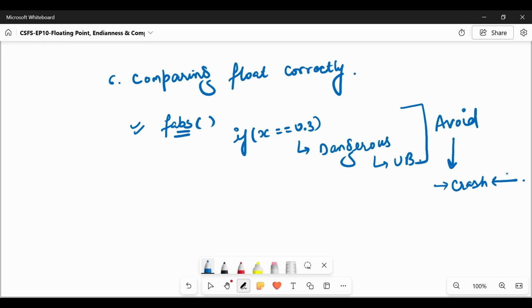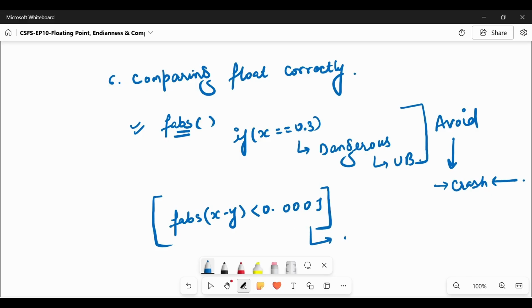And floating point exceptions are very difficult to debug. That is why while designing the code, we should take care of all these points. A better design is to use fabs and then do the comparison, like fabs of x minus 1 being greater than or less than some floating point value. This is the better design while comparing two floating point numbers, meaning the difference is small enough. Fabs will do an approximate comparison, and that will give the appropriate result.